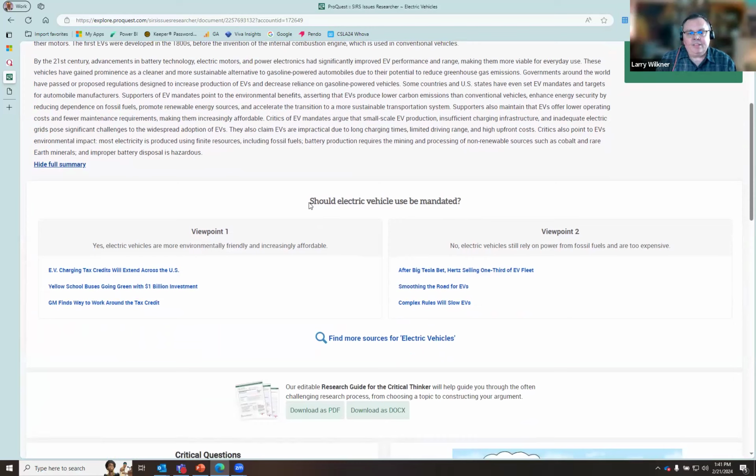Then there's what we call the essential question. So in this case, should electric vehicle use be mandated? And then with that, you have a viewpoint 1 and a viewpoint 2. The viewpoint 1: yes, electric vehicles are more environmentally friendly and increasingly affordable. And then you have 3 articles that our editors have selected that support or offer arguments in favor of the first viewpoint, and 3 articles that offer support or arguments in favor